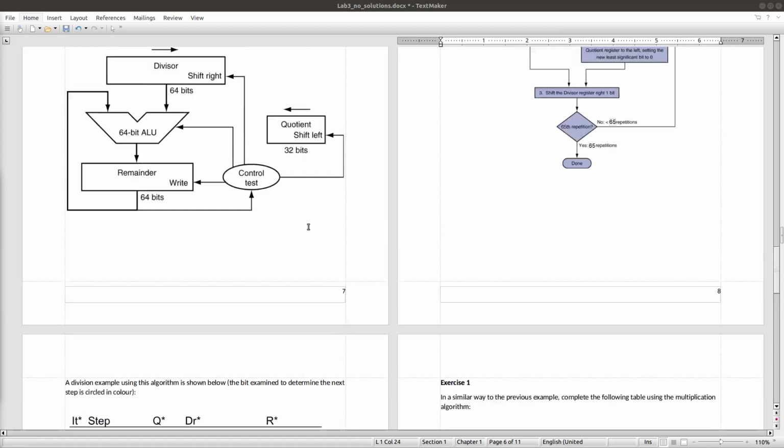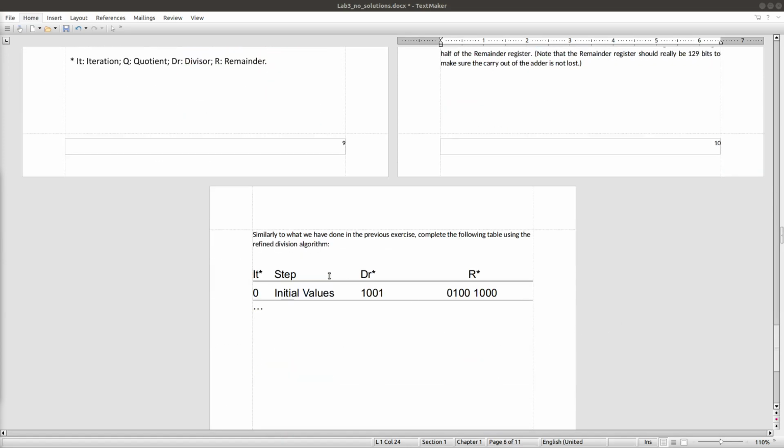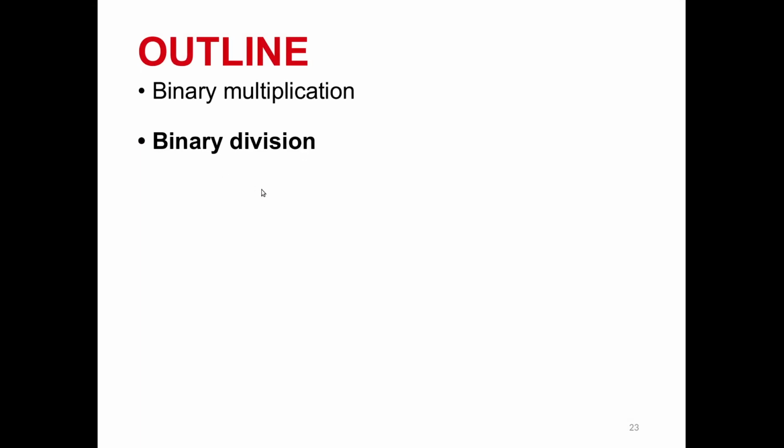This basic hardware will be improved to reduce the hardware size, and then you will be given another exercise in which the divisor and the remainder will be given here, and you will need to do step by step to see how the divisor and remainder change their value until you get the final result. Now I will go into the detail by coming back to my slide.